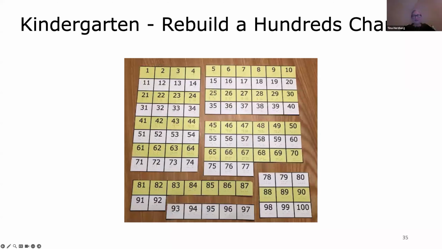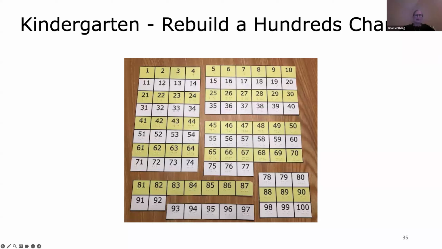This is another one of my very favorite ones. I cannot tell you all, I can do like 100 different fun activities with the hundreds chart. I am really serious. And this is fantastic because notice they don't use the numeric indicator. So this works beautifully for UEB Math and Nemeth, right?